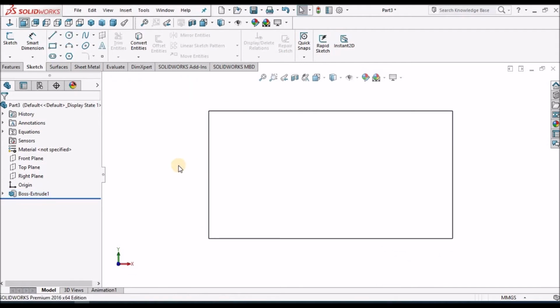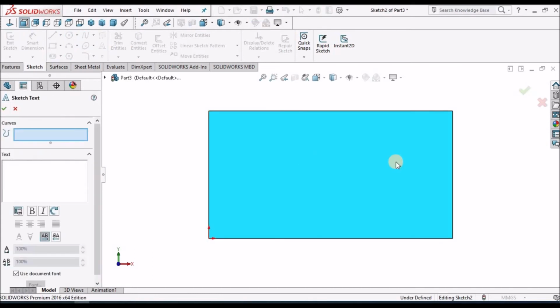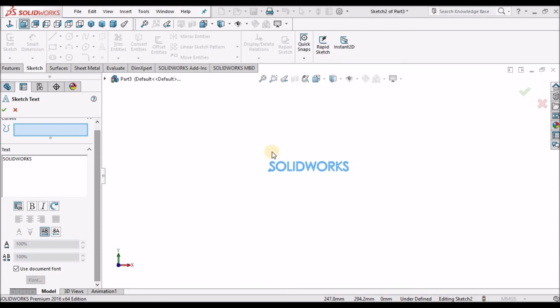Keep it normal. So I want to place text on this. So SolidWorks, say OK.